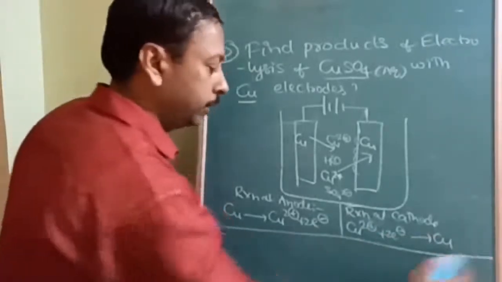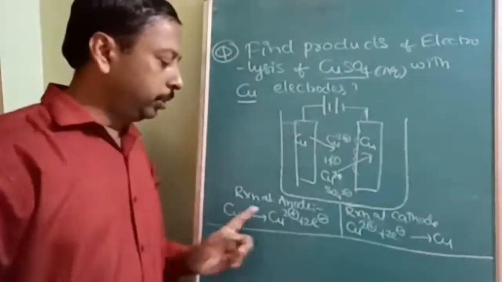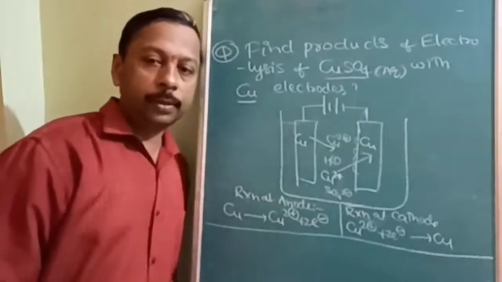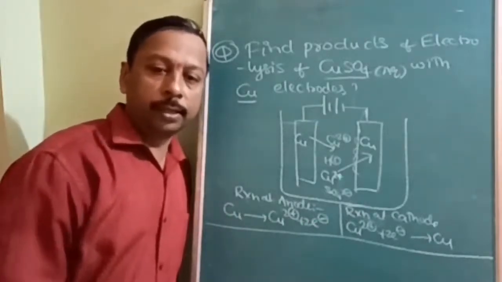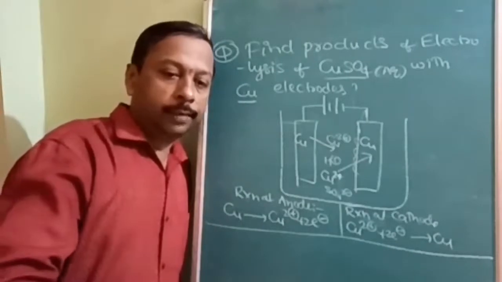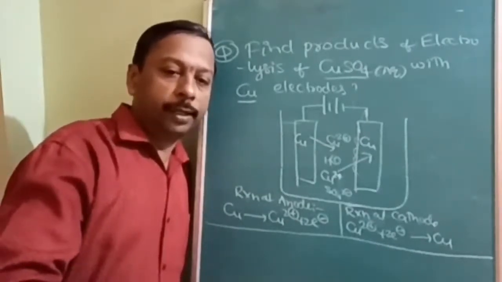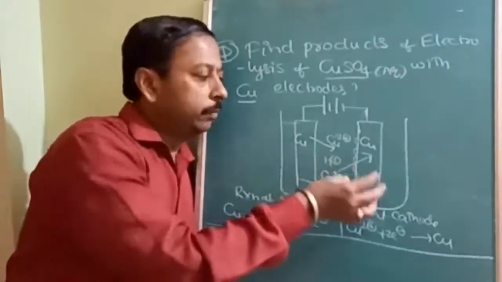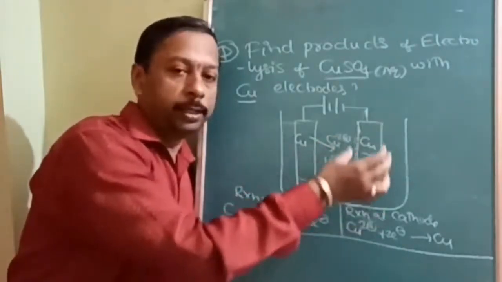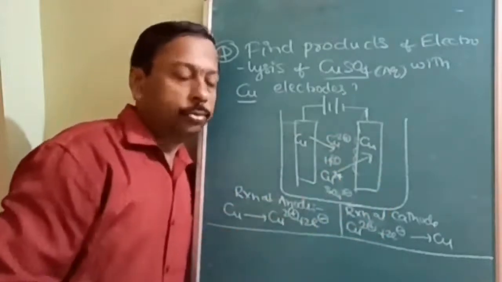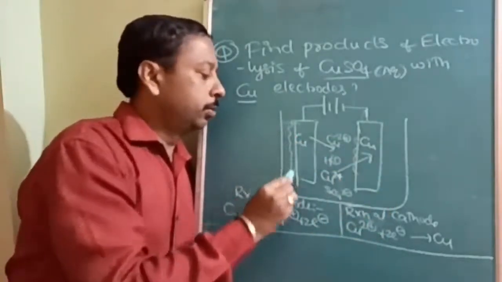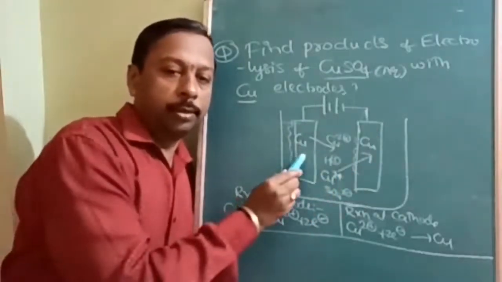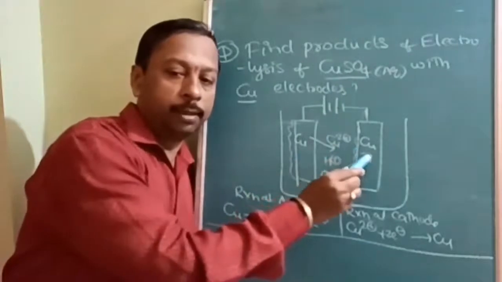Okay. So what is the net result? See, Cu to Cu2+ to Cu. Is there any net reaction? Chemically, there is no net reaction, but what is the twist in this? It is used for refining. If any other metals are there, and we want to collect only copper at this place, then we will use the impure copper at this electrode, and pure copper we will keep here. Slowly, only copper from this electrode will be transferred to this electrode.